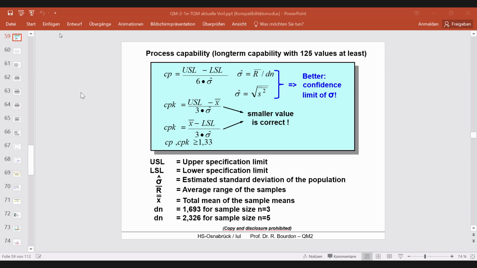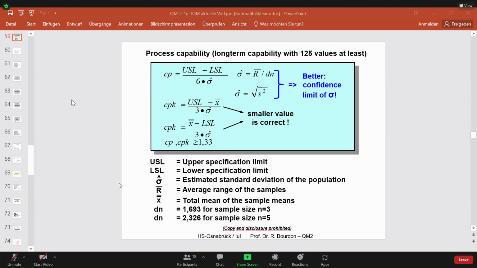More about the management methods, not so much about the statistical tools, but more about management methods. And as I told you before, one of the TQM methods is SPC. Of course, SPC is a statistical tool, and SPC means